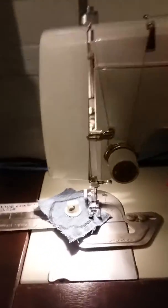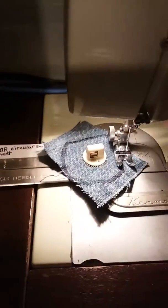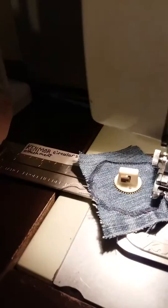Okay, to continue on our circular stitching, I have changed the Sears Kenmore cam to cam number 24. See, it looks like a little heart-shaped tulip, kind of. I've got the presser foot up, needle up, and what I want to do now is adjust it, so I need to push those two little side levers back a hair. So I'll unlock this so that I can scoot it just a hair closer